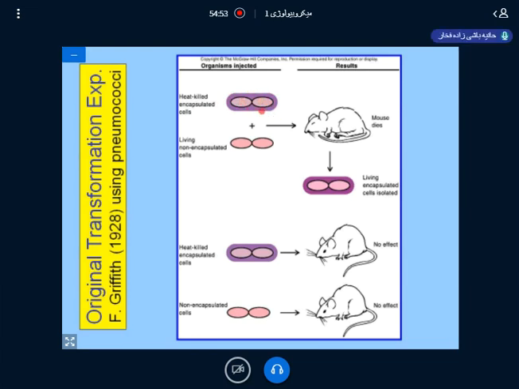If you have bacteria with capsule but not living, killed by heat, but with capsule, and with living non-capsule bacteria we insert, most will die because